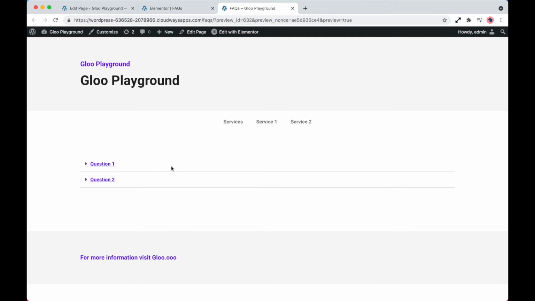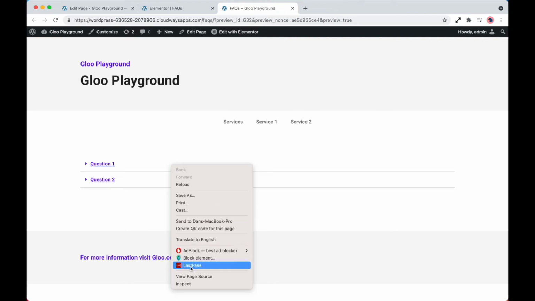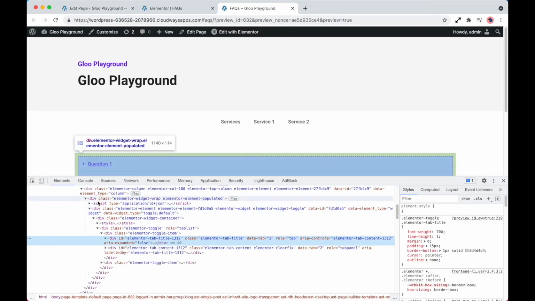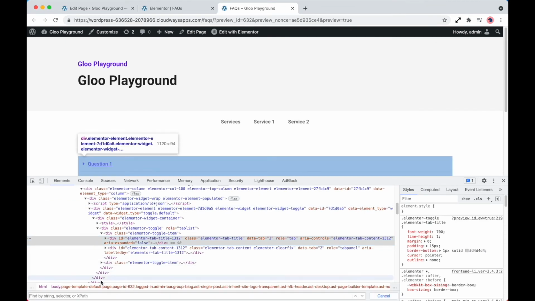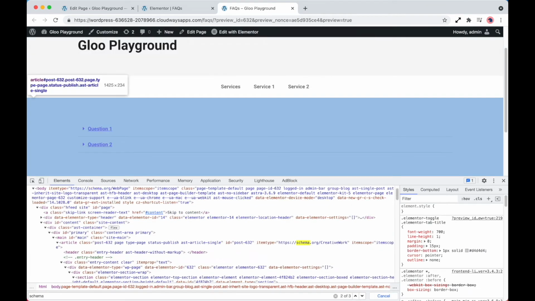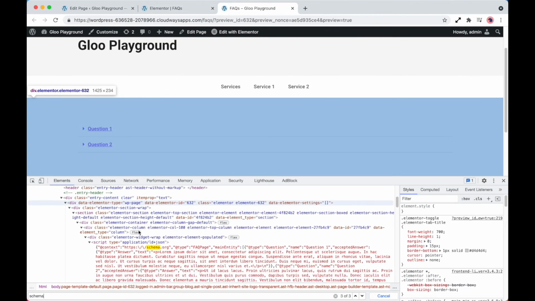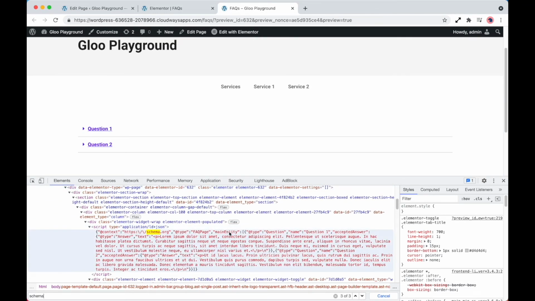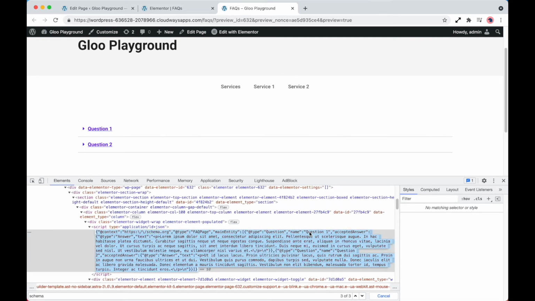So let's explore the console and take a look at the code that's being generated from what we have just set up. All you have to do is open up the console on your browser, in our case we're using Google Chrome in this example, and do a quick search for schema. When you find this, you will see that within the schema code that has been created, our fields have been set up and mapped correctly, ensuring that the content we have used is specific to Google's requirements for FAQs with both the question and answer types.